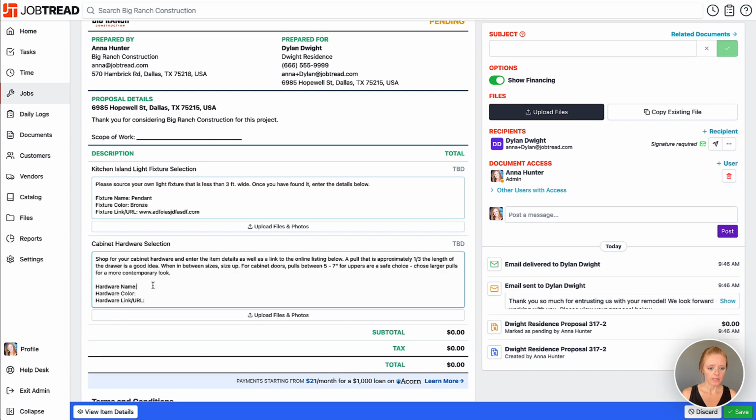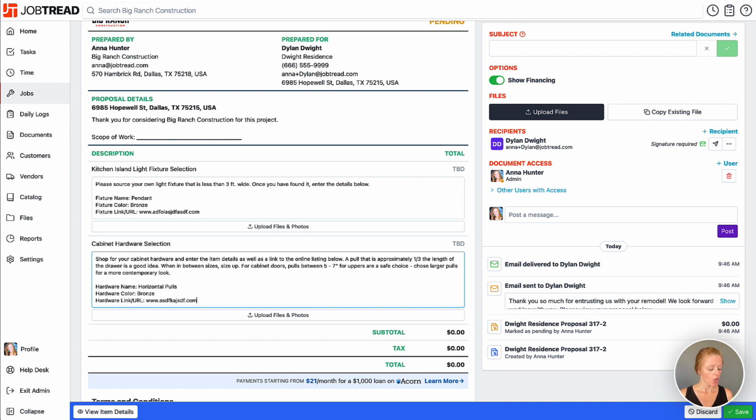And then for the hardware selection, we'll do the same, and we're just going to say horizontal poles, and then we'll choose bronze for those too, might as well make them match. And then of course the